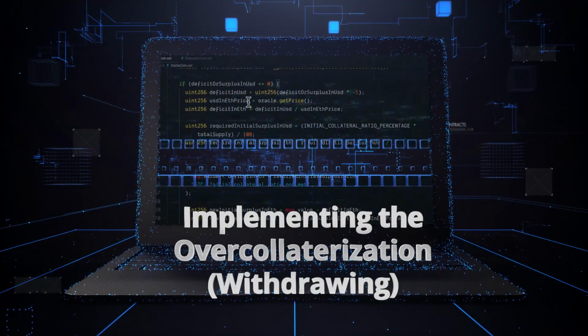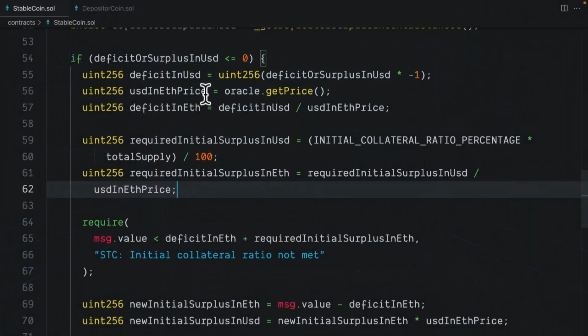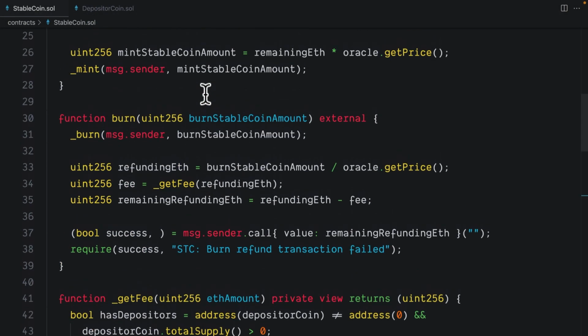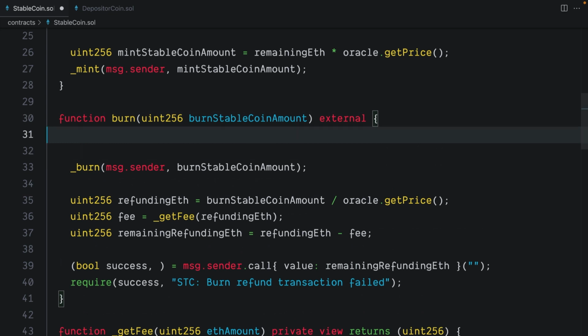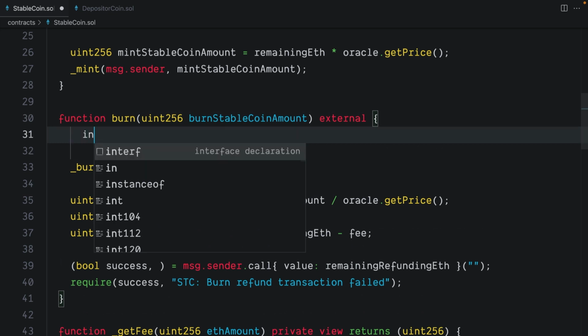Okay, let's now implement the withdraw function for the depositors. But first, quickly, what we actually haven't done yet is we said in a case when the contract is currently in a deficit, we prevent burning the stablecoins to kind of prevent a bank run on the system. So in the burn function here, the first thing we'll actually have to do is check the current